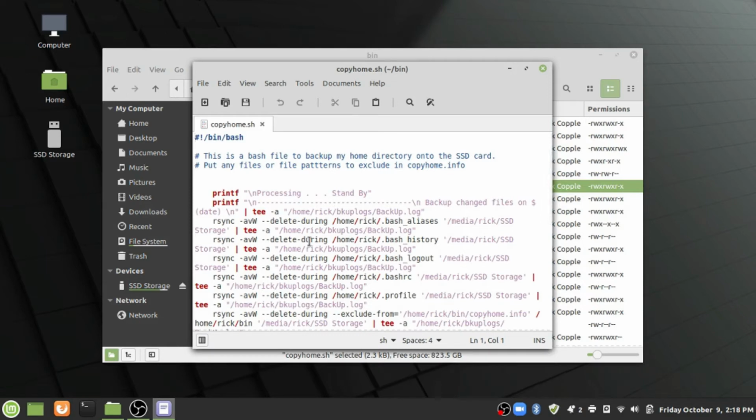I have it go through each of the directories I want to back up, and I have certain files I exclude, so I have the exclude function there too. And you see that I have that, and it backs everything up so it looks exactly like my home directory, except some. I don't back up everything because, for instance,